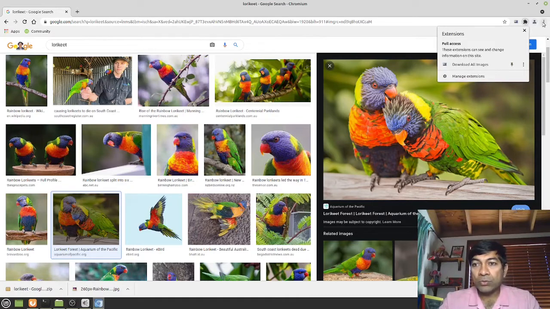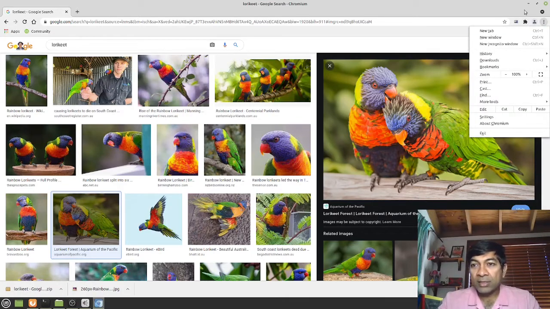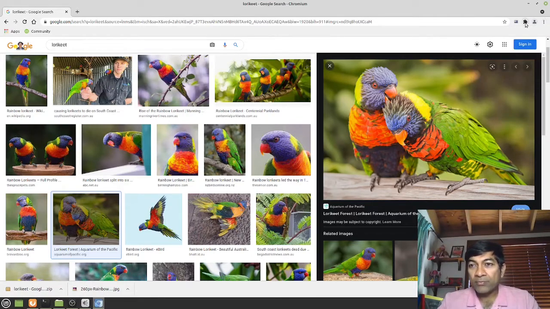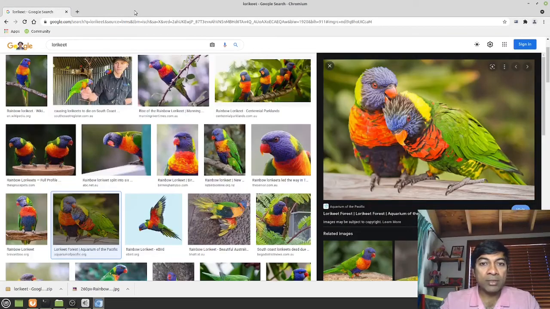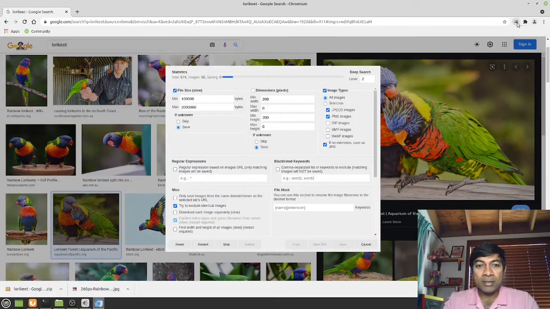You can go to extensions and manage extensions to see it. Add it to your Chrome browser, enter your search term, and once you see a bunch of pictures, hover the cursor over it and click on it,